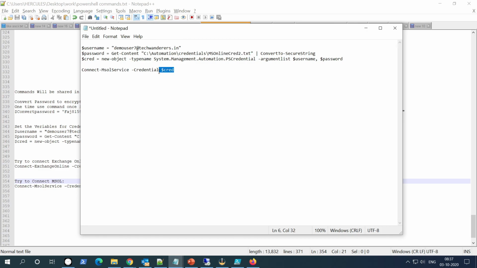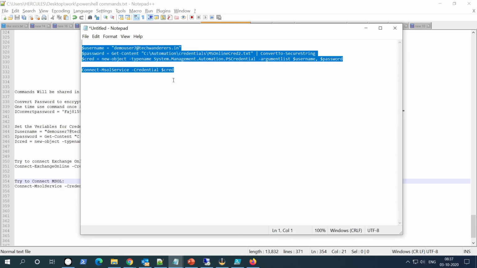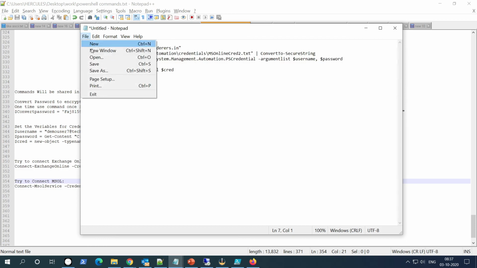Okay, this is the $cred variable, which is a combination of username and password. See, these two variables will be called here in this third variable, which is $cred. So each and every time it will log in. Let's try to save it.